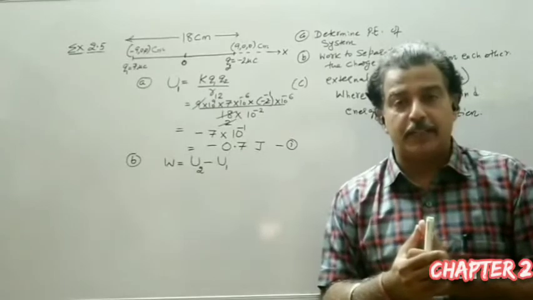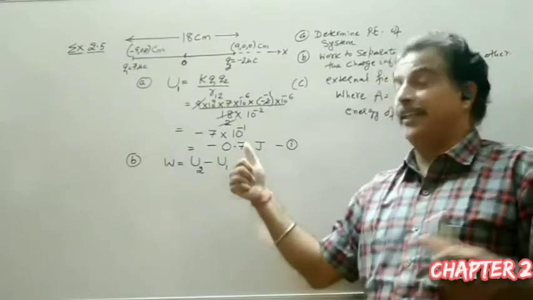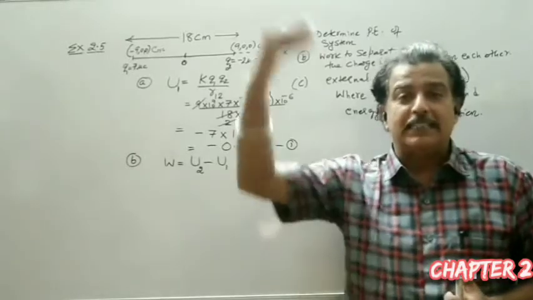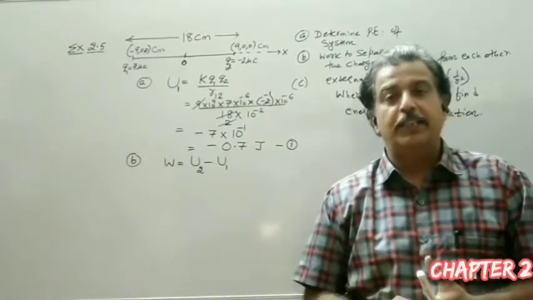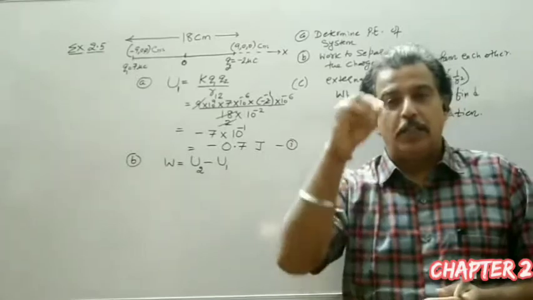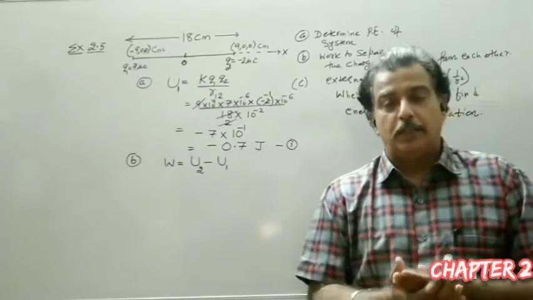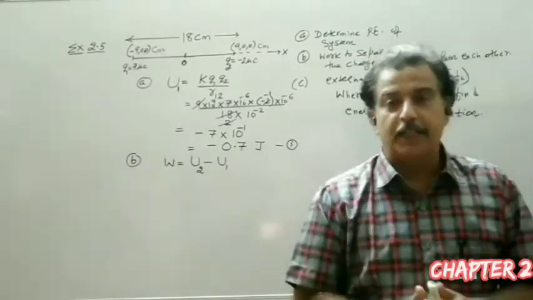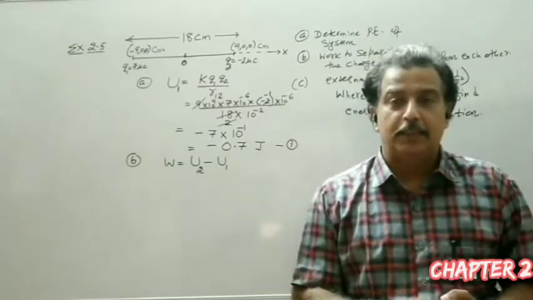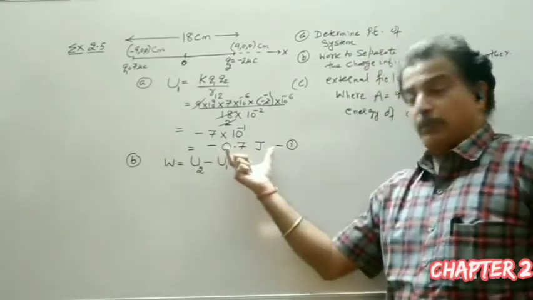Or clearly, by common sense also, I spend this much energy to keep them together. Otherwise, there will be a force of attraction. Now I have to remove them to an infinite distance; I have to separate them. The minus sign indicates there is a force of attraction, or that they are bound to each other. It is similar to the escape velocity from the surface of the earth. If you remember that concept, we found the potential energy on the surface of the earth. The potential energy of the body on the earth was negative, and we kept the plus sign, and that was equal to the kinetic energy. Then we got the expression for the escape velocity.